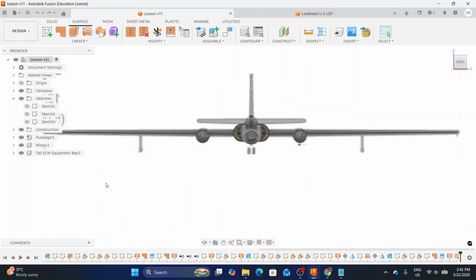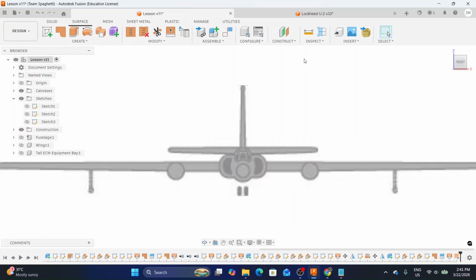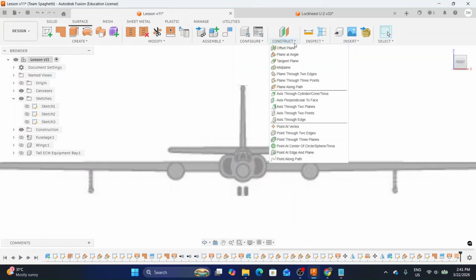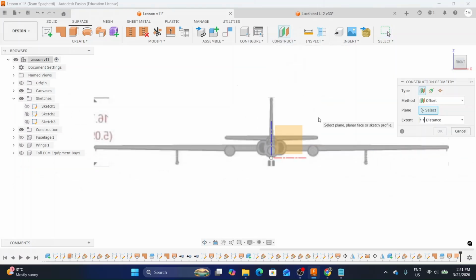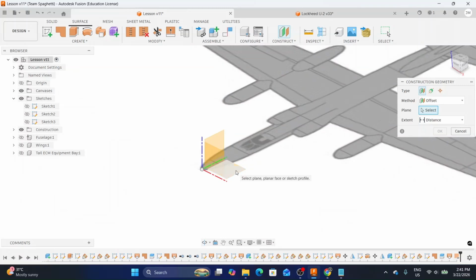So I'll hide the bodies or the components that we don't need yet, so that we could have a clear view of the canvas. And then I'll start by offsetting a plane. So I'll go here at the construct tool, offset a plane. Let me just rotate the view here, and I'll select this plane right here, and then I'll drag this